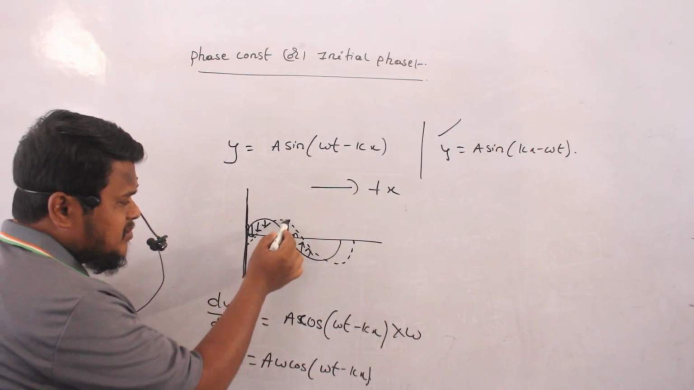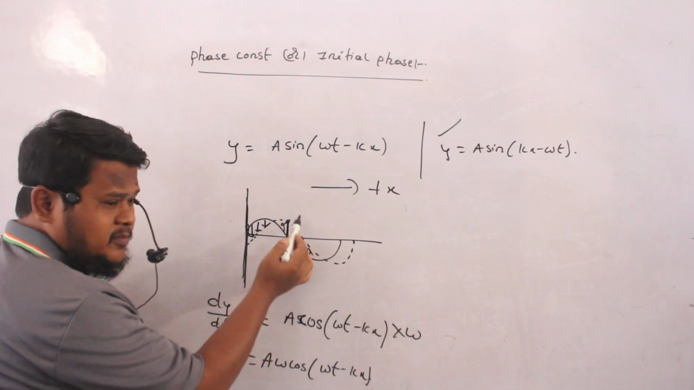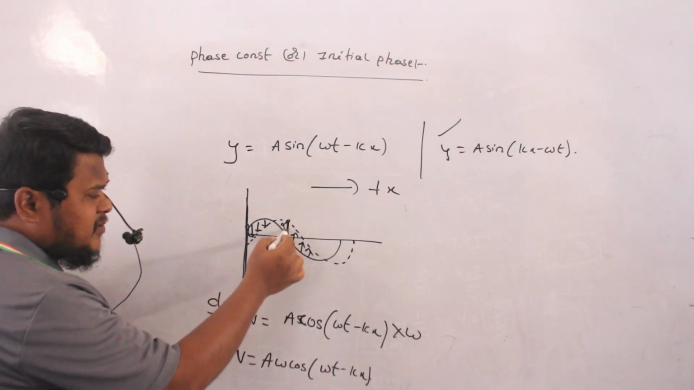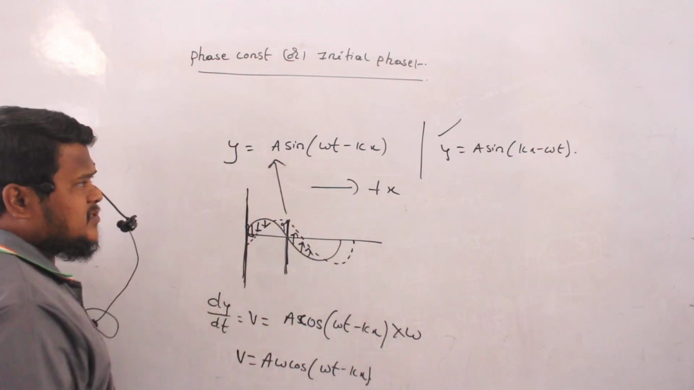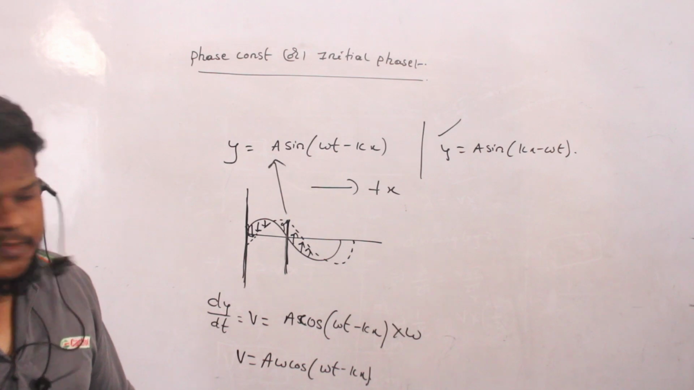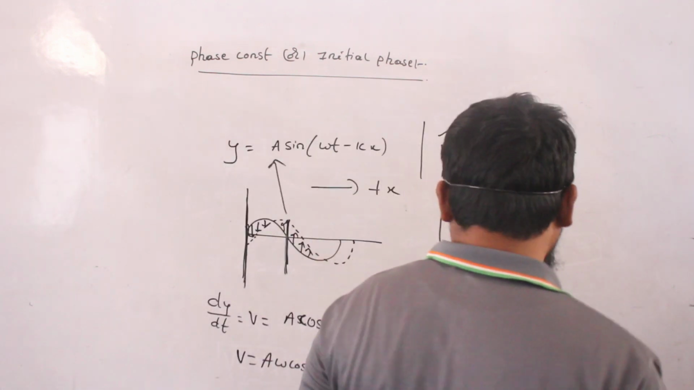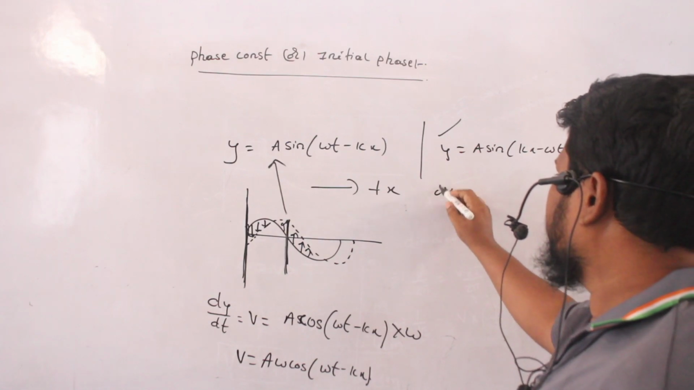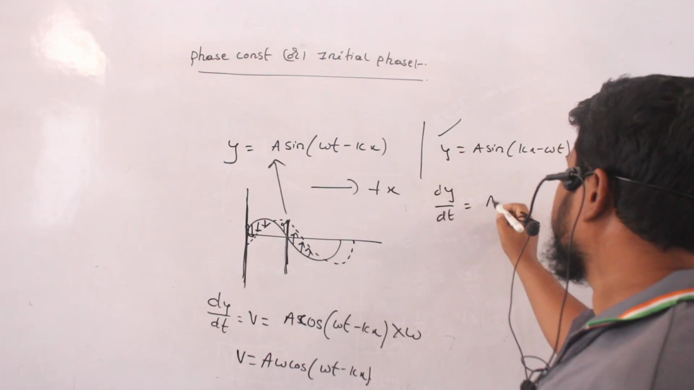The particles which are present at reference 1 or reference number 2. At reference number 2, all the particles are moving in upward direction. Clear? So that indicates that the second reference indicates the wave y is equal to a sin(omega t minus kx). Now if I differentiate the second equation dy by dt, then I will get a sin